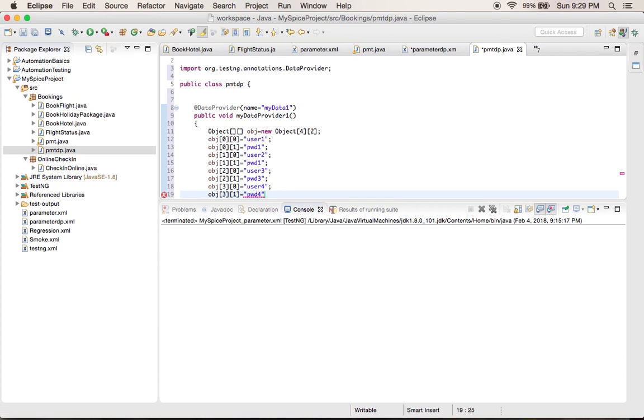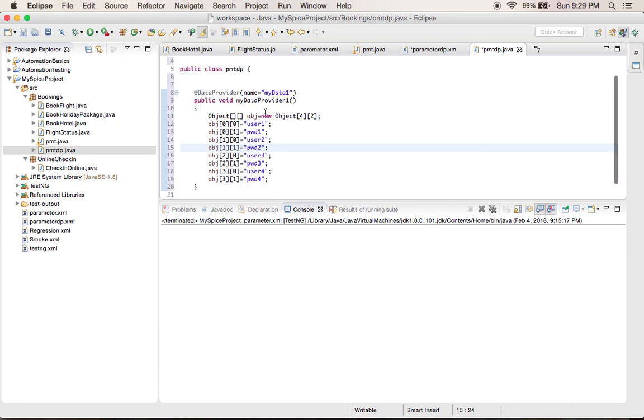So in this way, how many have I covered? User 1, user 2, sorry, this should be password 2 that we are passing, user 3 password 3, and user 4 password 4. So we are basically telling our program that there are 4 different types of users and each user has one specific password. And now you have to return this object. Say return